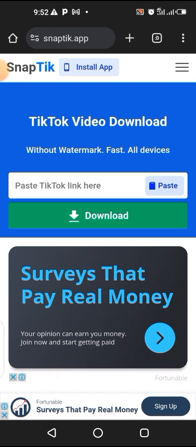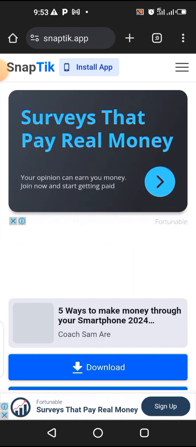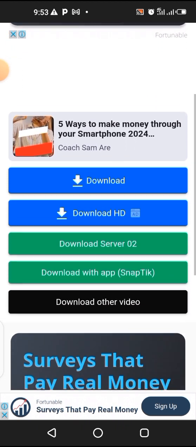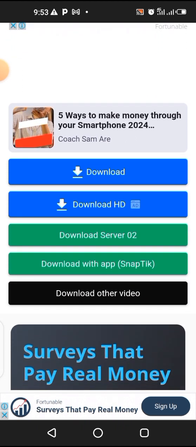So step 3 is to paste the link to the TikTok video you copied earlier into this bar where they wrote paste TikTok link here. So let me do that, and then we'll click on download. The website will process it and then bring it up to you like this. So what you will need to do again is to click on download.